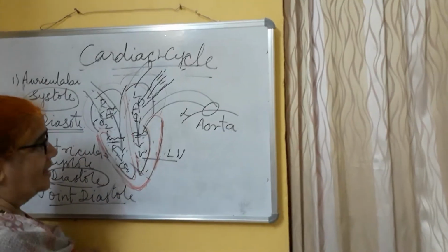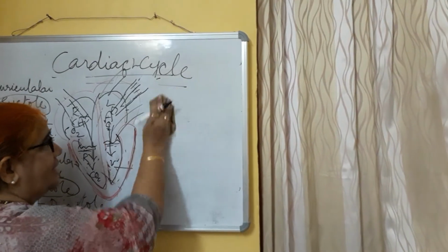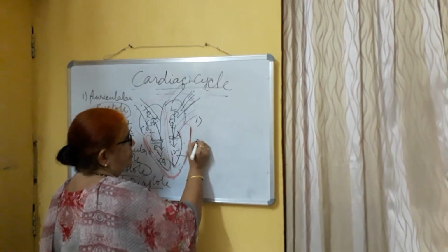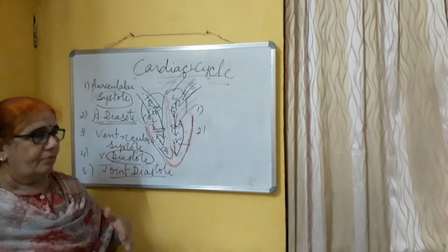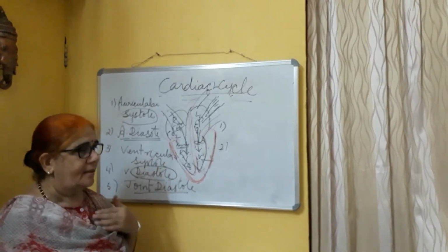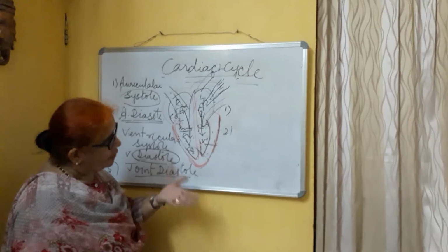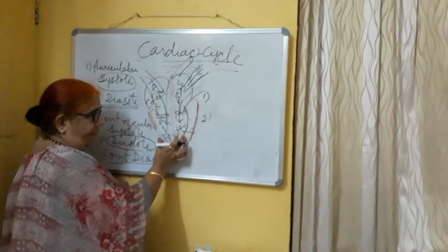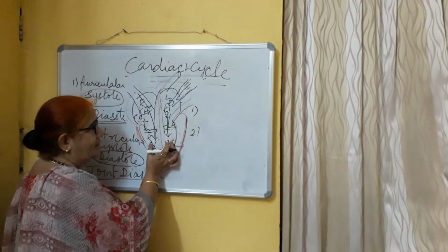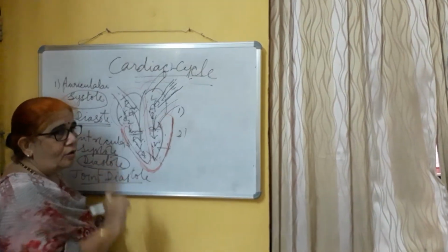Now I wanted to say here, when systole and diastole are taking place, the heart makes 2 sounds. Okay. Now, when can you feel your heart sound? If you don't feel it, do some exercise, then if you keep your hand on the left side, you can feel it. How? When the ventricles are in systolic condition, the cuspid valves are closing.